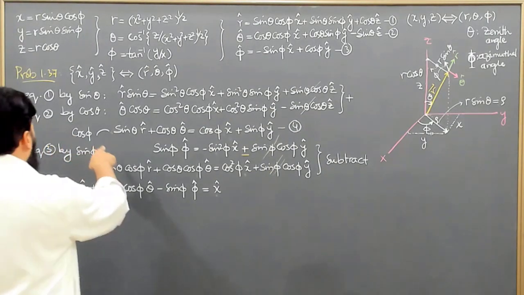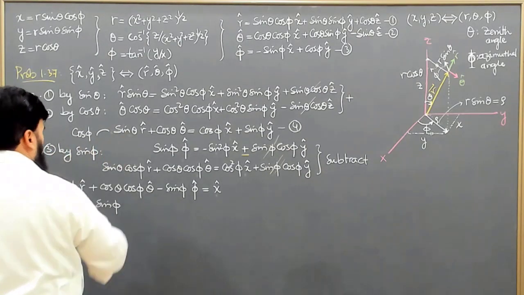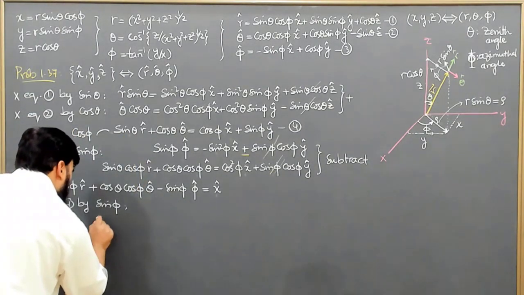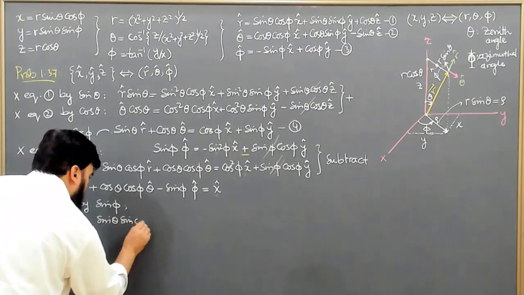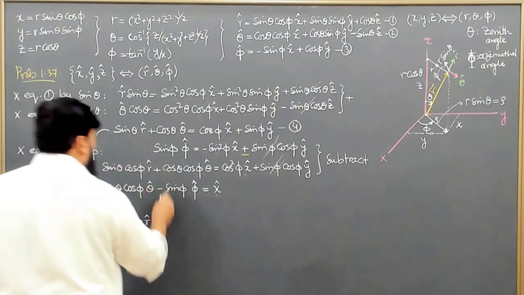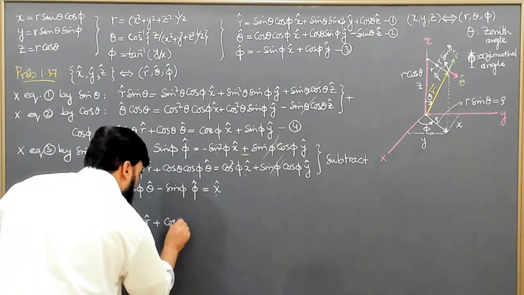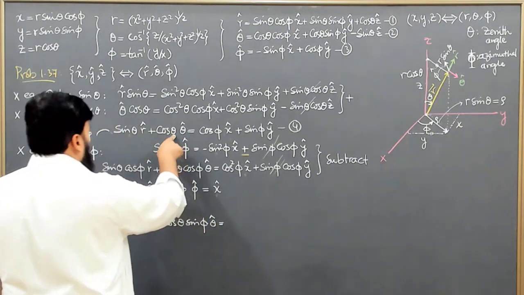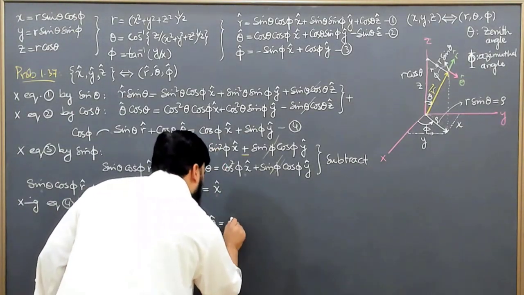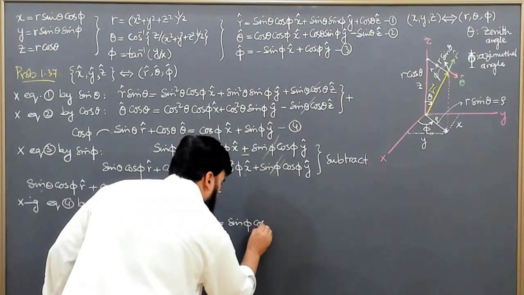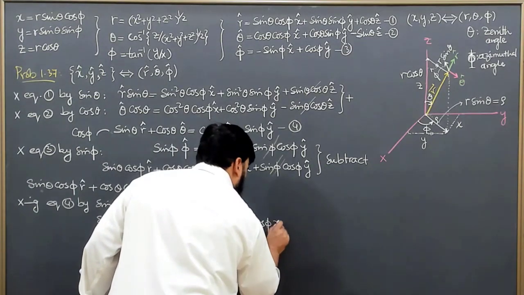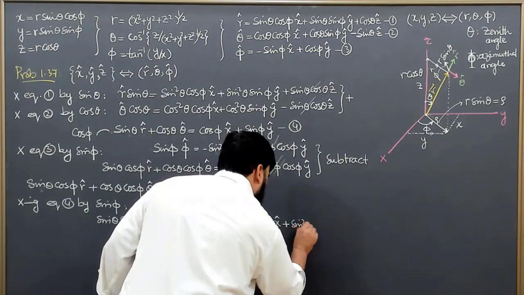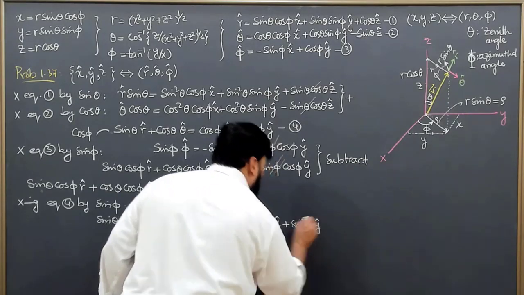Earlier we did it by cos phi. So now multiply this equation 4 by sine phi, and we will get sine theta sine phi in the r unit vector plus cos theta sine phi in the theta unit vector is equal to sine phi cos phi in the x unit vector